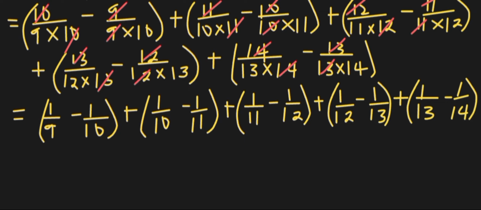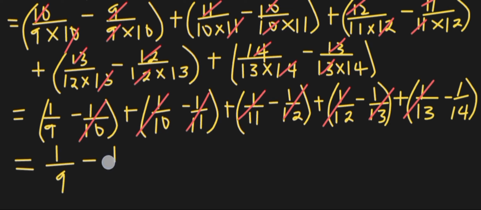And obviously from here, negative 1 over 10 and positive 1 over 10 will go. Negative 1 over 11 and positive 1 over 11 will go as well. Minus 1 over 12 plus 1 over 12, minus 1 over 13 plus 1 over 13, they will all disappear from the series, leaving us with just 1 over 9 minus 1 over 14,